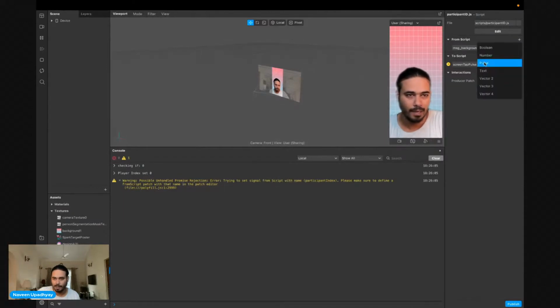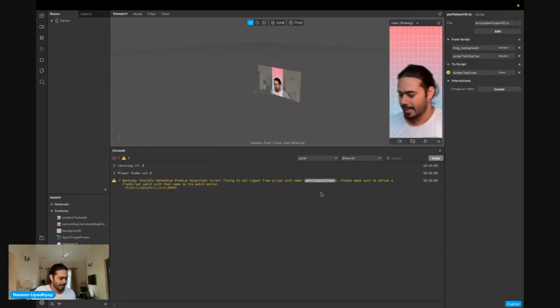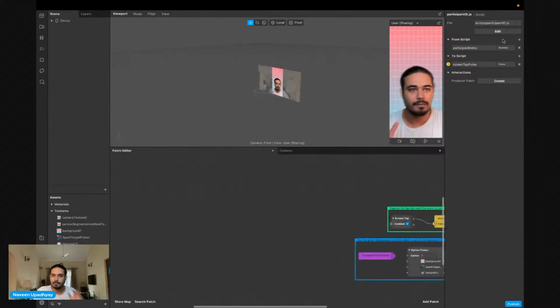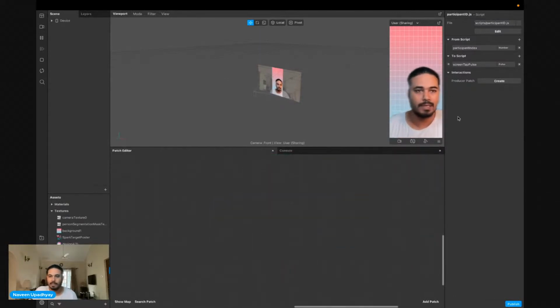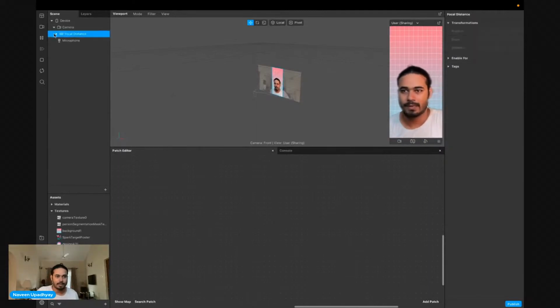we're going to add a number. An index is a number. So we're going to add a number, copy this participant index, and paste it here. We're not going to care about anything else, we're just going to delete everything else. We just need one variable here, which is this participant index, and the rest you can delete. You can delete everything which is here, and everything which is in here also. So just one participant index, and our project is quite empty besides it.